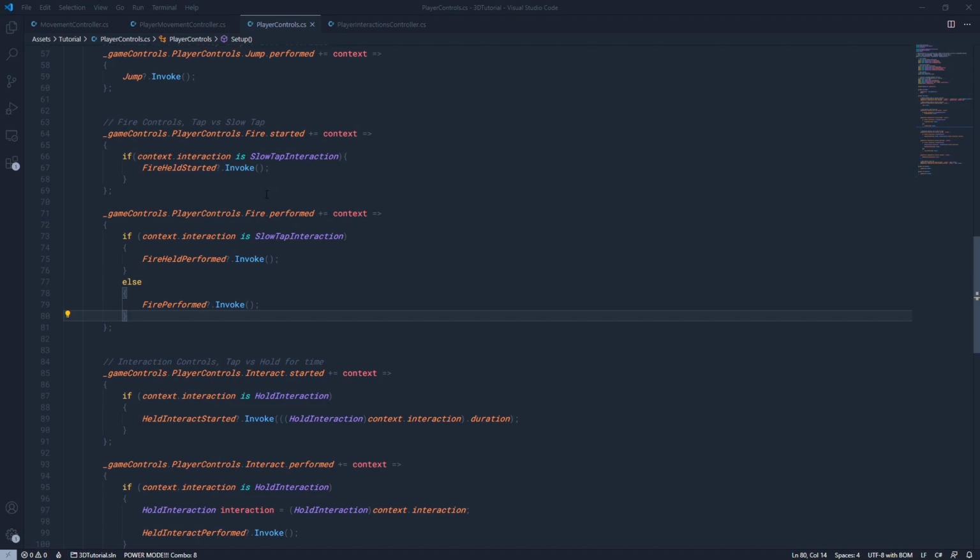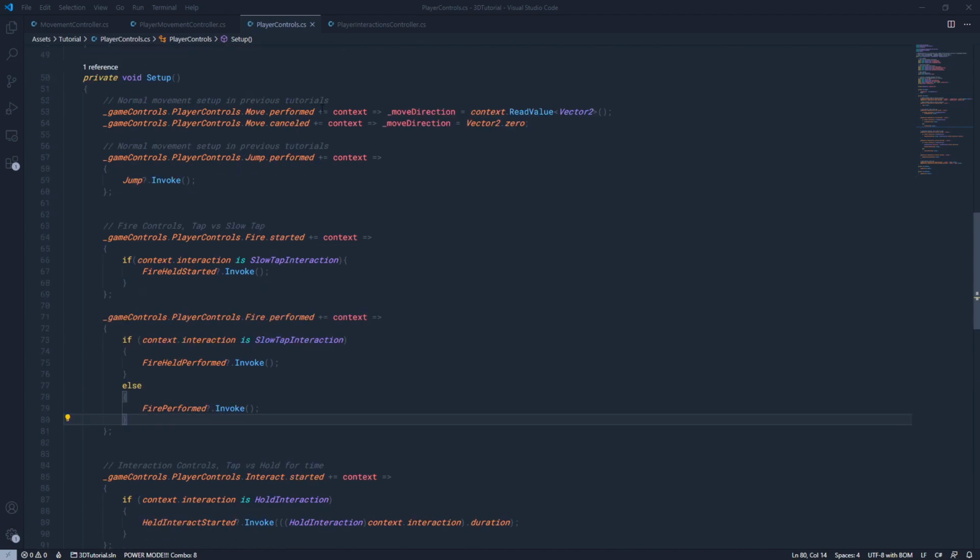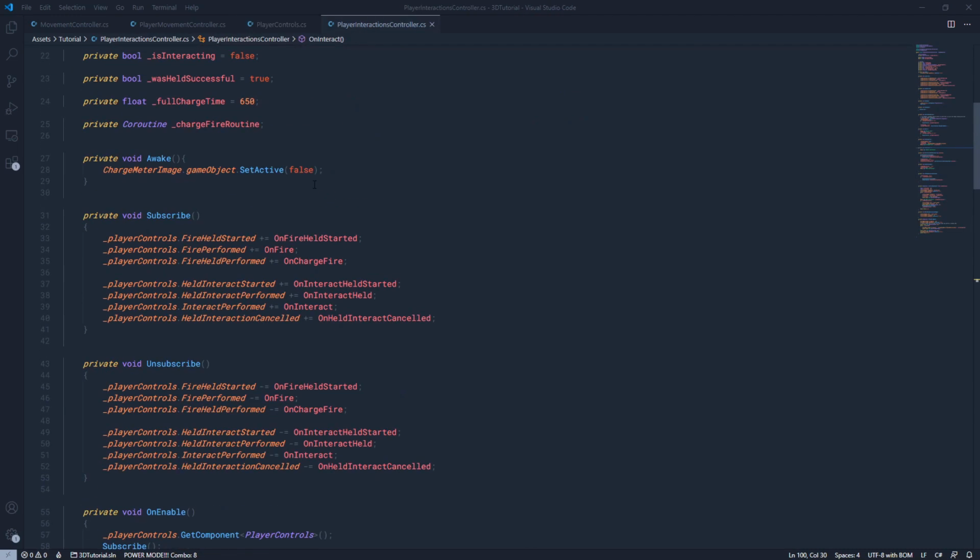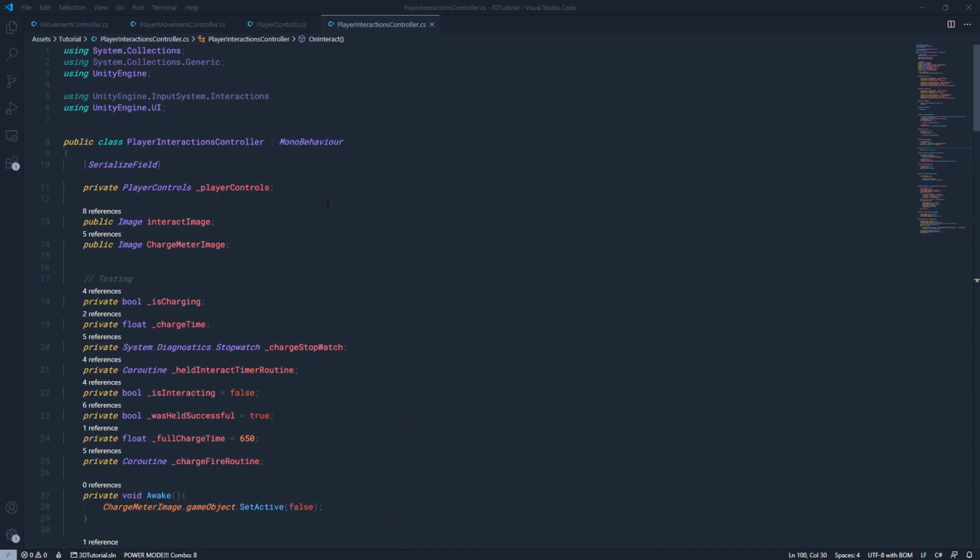I'm going to show you how to use these events in a different script. So again, on my player, I have a class called Player Interactions Controller. It is a MonoBehaviour, so it's a component that's attached to my player. And I kind of built this script to show all the interactions. So you might not need all this in your game, but it just shows how the game logic kind of works. So here I have, again, Player Interactions Controller, and I get a reference to the Player Controls class,